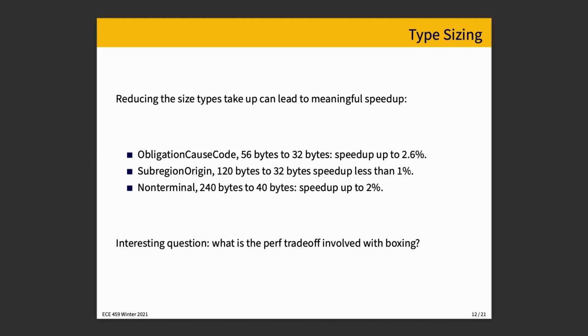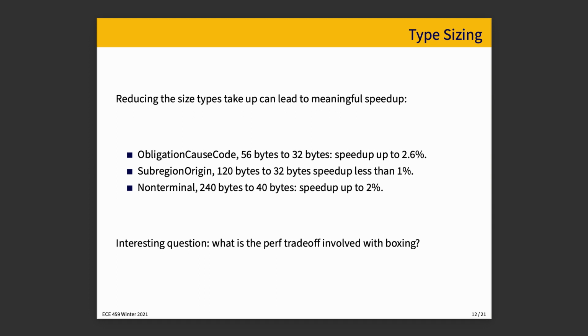Another one, subregion origin, reducing the type from 120 bytes to 32 bytes by boxing the largest variant, speeds up some benchmarks by less than 1%. If you're wondering why this caused the memcpy calls to be skipped, in spite of the fact that it's already less than 128 bytes, it's because the subregion origin type appears in a B-tree map, and the tree nodes